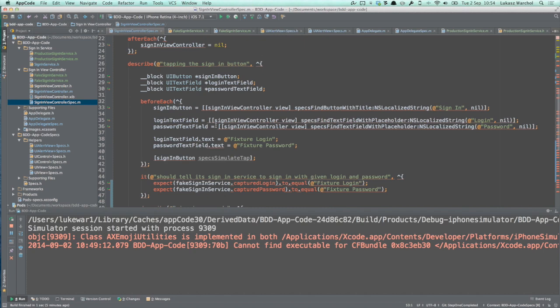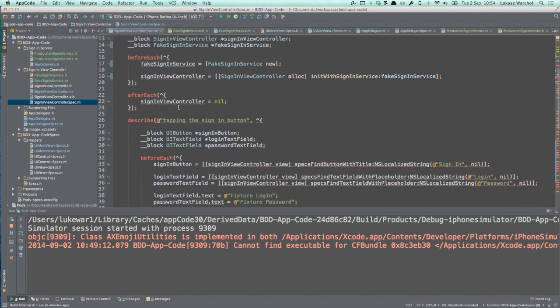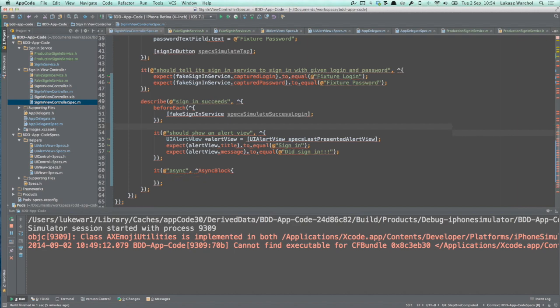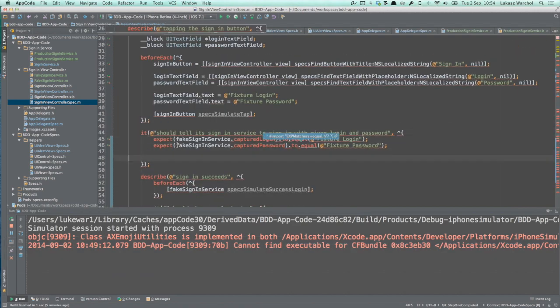So we replaced our mock sign-in service with a fake sign-in service. The mock was an object that came from the AwesomeClock framework, a simple object that records what happens on it, and at the verify over here you can verify that the exact method was called. We replaced that mock with a fake object, and we